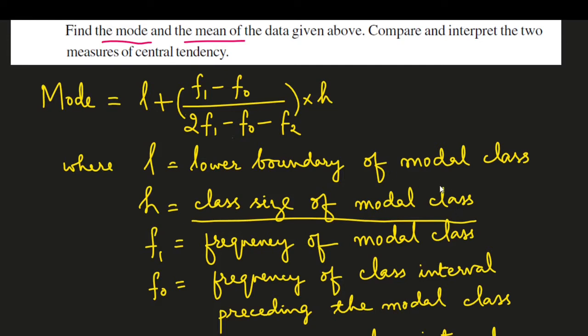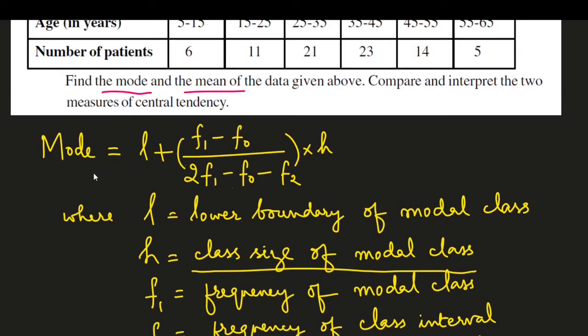Now first let us see what is model class. Model class is the class interval having the maximum frequency. Class interval having maximum frequency is called model class. Mode of a group data is an estimated mode. We are simply finding a model class from the given data, and we are estimating the model observation within this model class. Here we are expecting that the mode is within the model class, and we are calculating the mode with an estimation. So this formula is only an estimated value of mode.